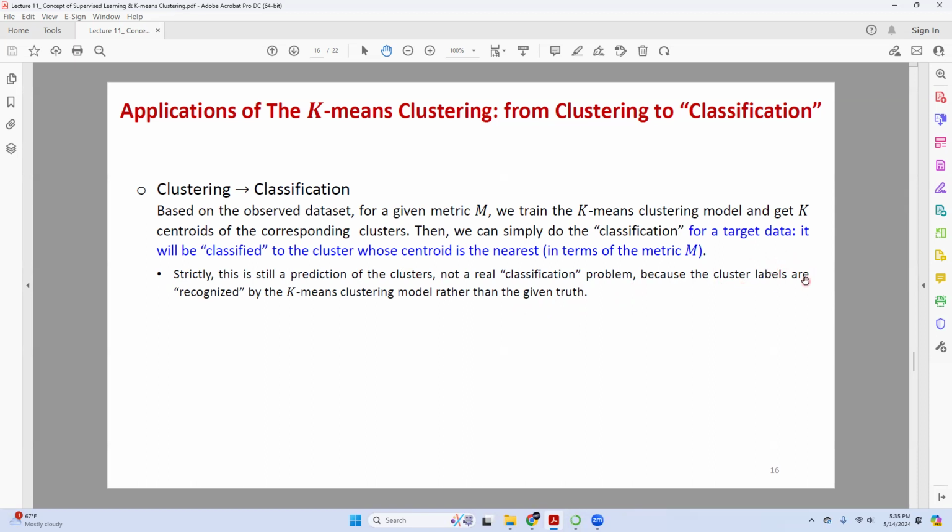The cluster labels are recognized by the k-means clustering model rather than given as ground truth, unlike the labels given to you in supervised learning, like classification, which are generally recognized as the ground truth.